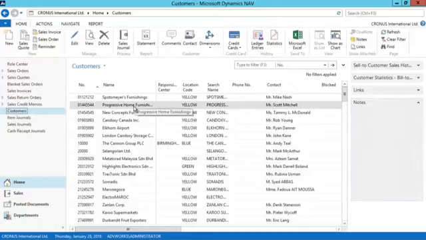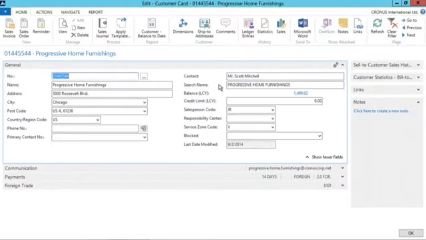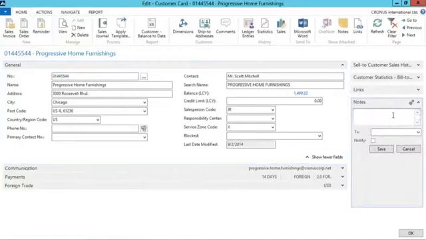Well, I'm first going to select the record, then I'm going to open it in edit mode, and then you can see there is a link that allows me to create a new note. I can type down some information about the customer, and there is a special requirement for this customer when a delivery is going to be made. For example, the store is only open at certain hours. I have the customer on the phone, and I'm able to edit and save this information as a note